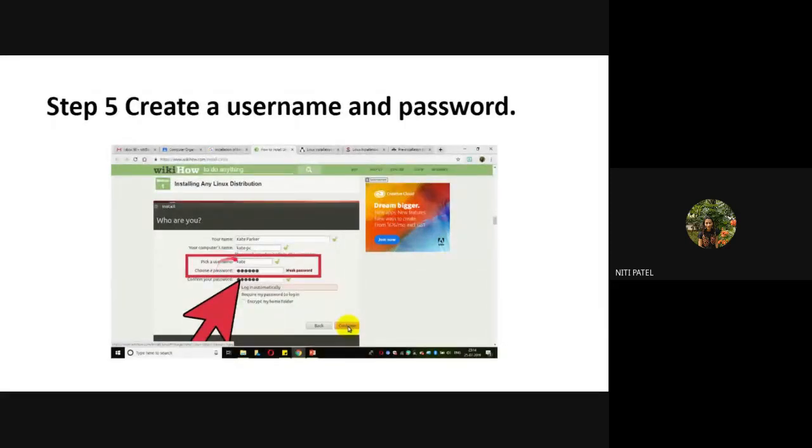Then it will ask me to confirm with the password, which means I am making myself the root admin of the system. To open the system, every time it will first ask me for this password. So if any one of you does not know this password, you will never be able to log in to the system. Why? Because I have made my system a root system whose password is known only to me.